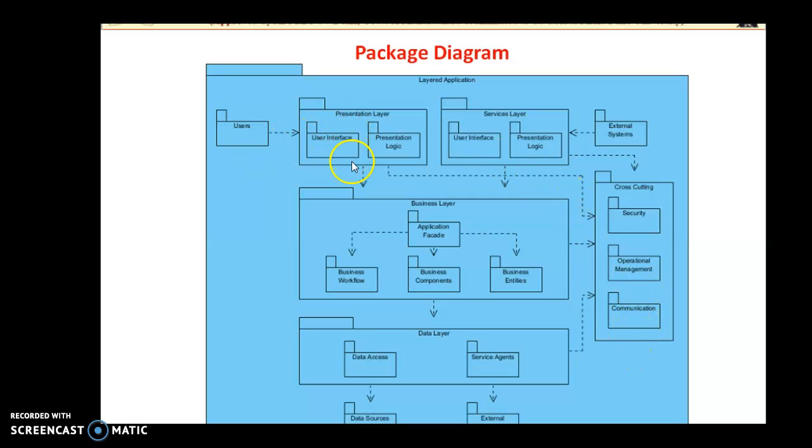It checks whether the user is authenticated or not, whether the user is registered or not, or whether it is a fake user or not. It is just identifying that, as well as what operations the user is performing and how the communication protocols are taking place in the system. So after the business layer, the data will be accessed by the access layer, and the data layer will access a particular data source or external services. So this is the 3-layer architecture of your package diagram.